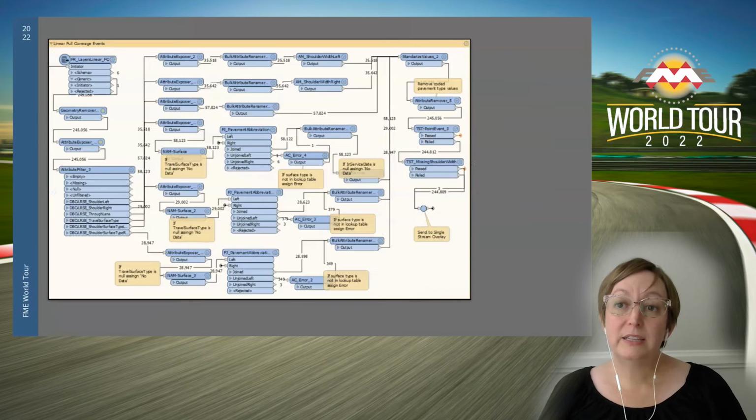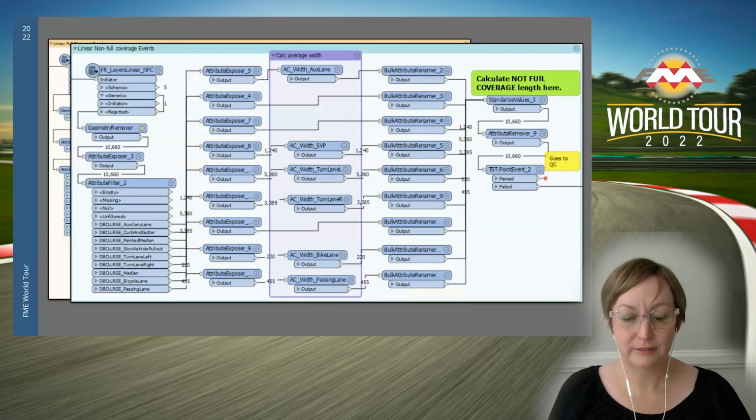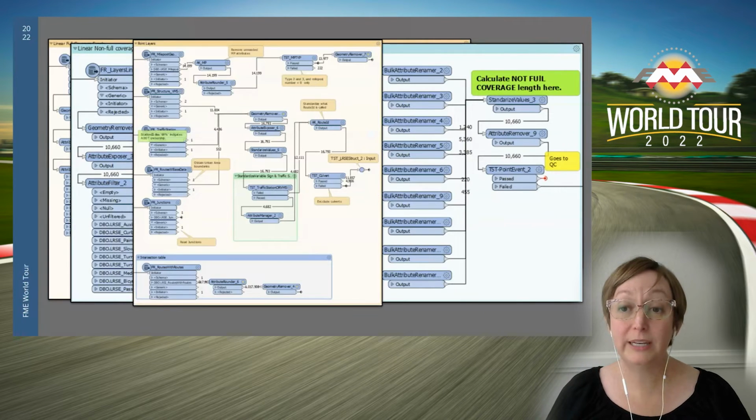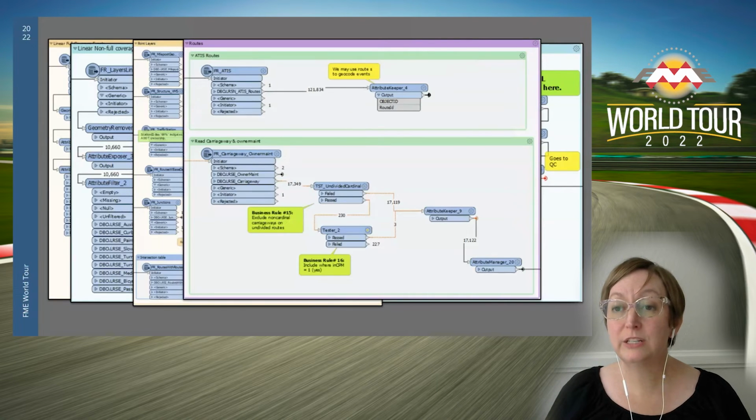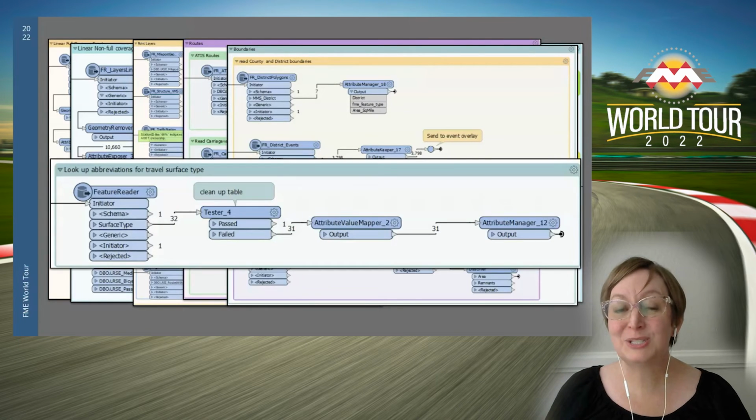The data read into this process falls into 6 categories: linear full coverage feature classes, linear partial coverage feature classes, point layers, the route network, including carriageway descriptors and ownership, boundaries, including polygonal and event layers, and lookup tables to enhance domains. For each input group, the data is read and the columns are standardized in preparation for the next processing steps.